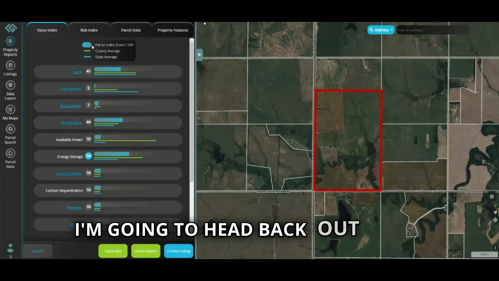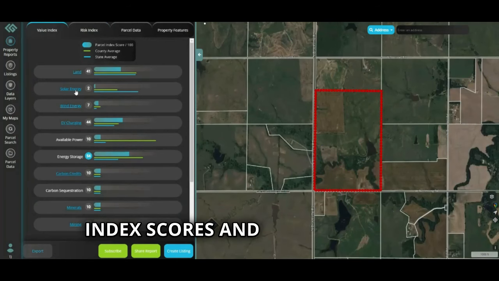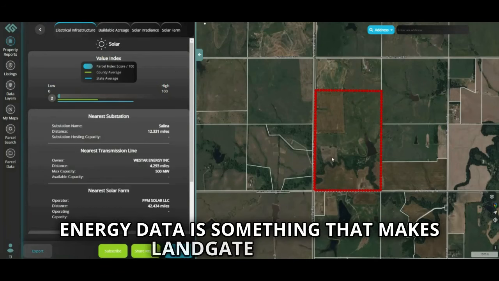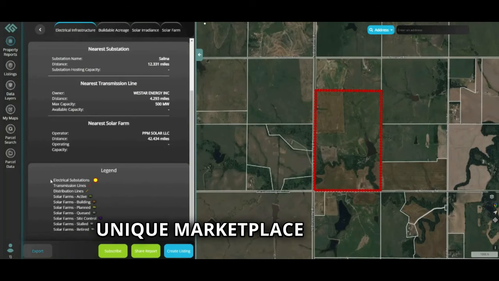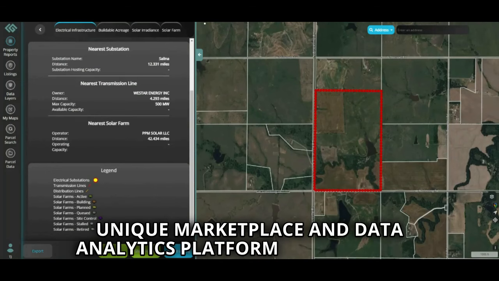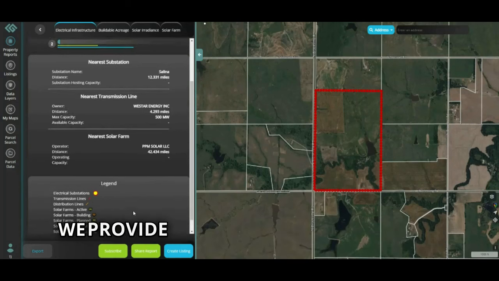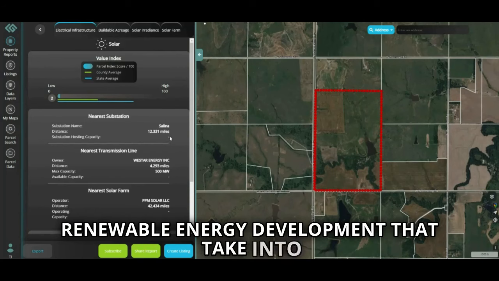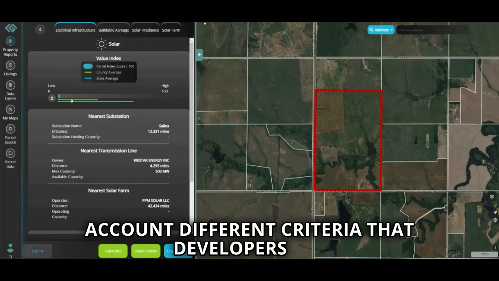I'm going to head back out to our value index scores and click on solar energy. Our renewable energy data is something that makes LandGate a really unique marketplace and data analytics platform for property. We provide potential value estimates for renewable energy development that take into account different criteria that developers use when assessing